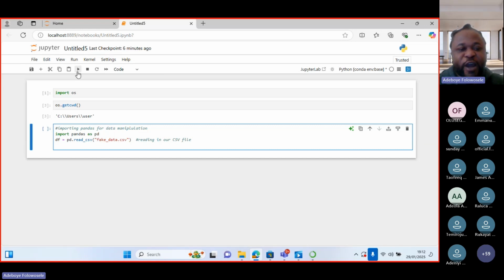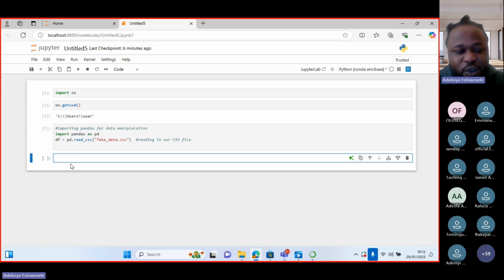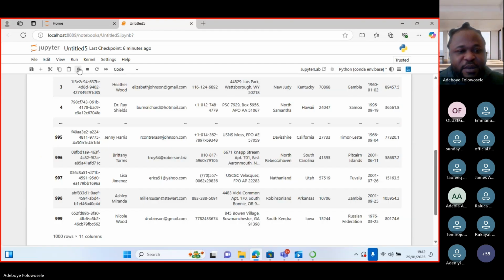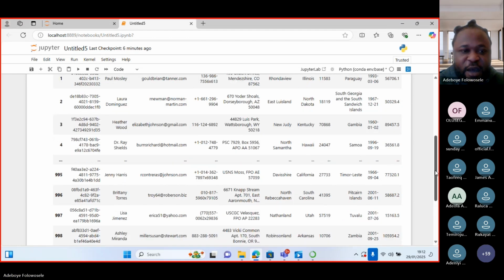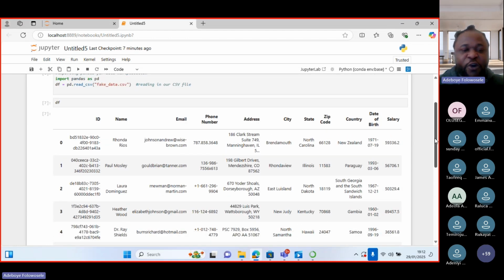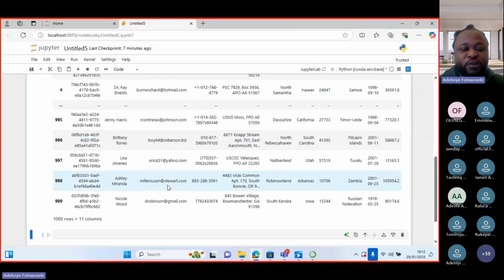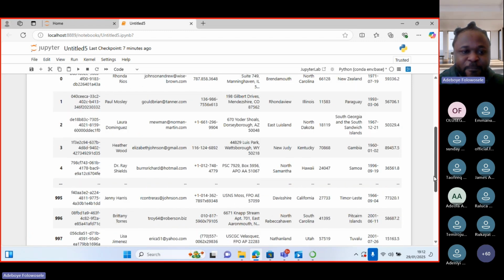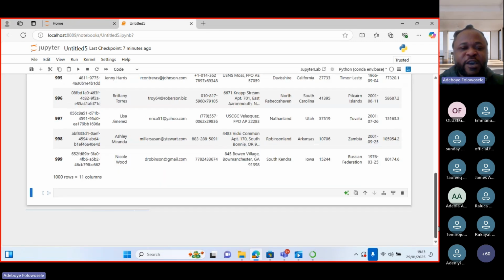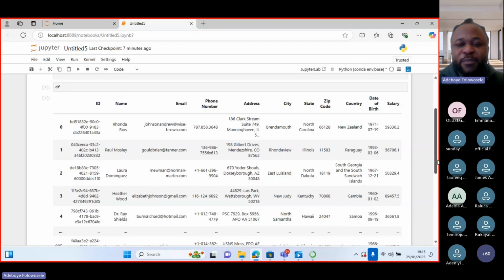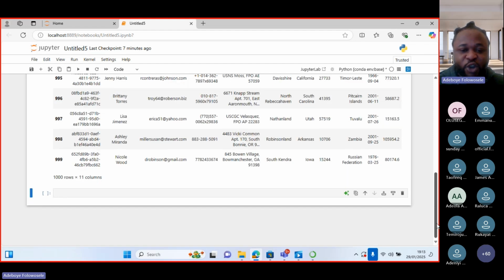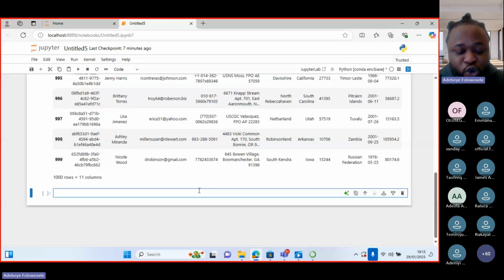So let's run this code now and let's try to view it. So df, so we can see that it has run it for us. Now you can see that this is 1000 rows and 11 columns down here. Now, if we have close to 1 million rows of data and we just want to view just a bit of it, all we need to do is to say